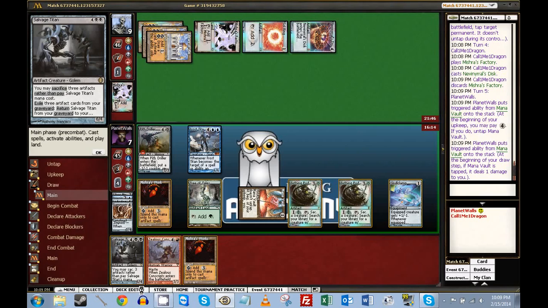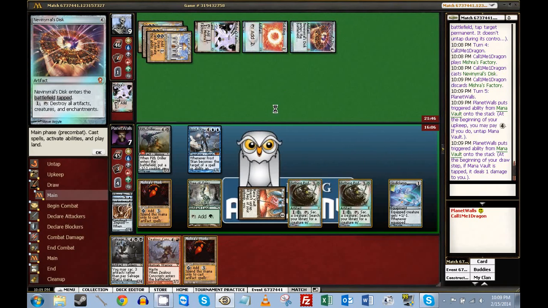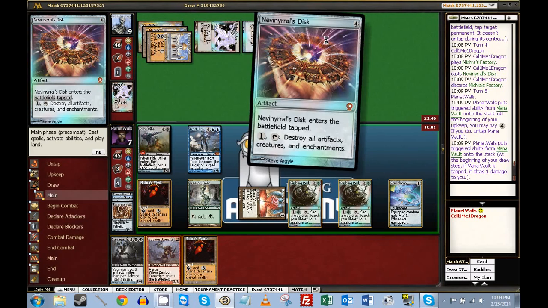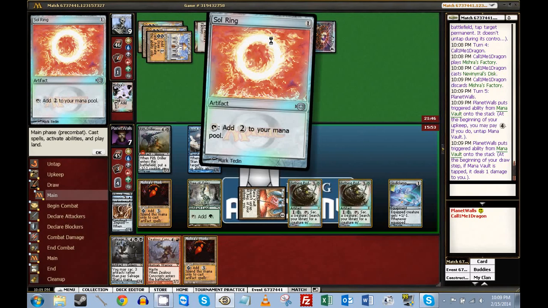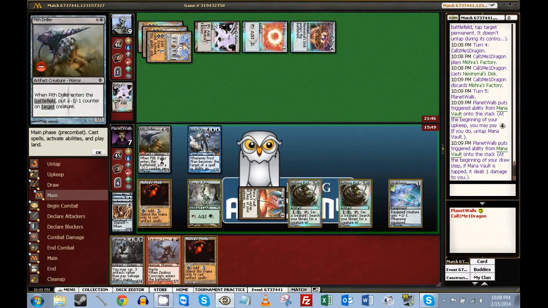This can become like a Worm Coil. That's also not great. I mean, Worm Coil is pretty good against Nevinyrral's Disc and Ural's Disc, though. So, like, maybe what I do is I allow... I mean, he could play, like, a Ratchet Bomb or something. Like, I might just rather keep his Soul Ring tapped. And then turn this into a Worm Coil. And...